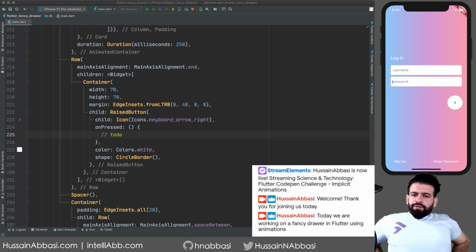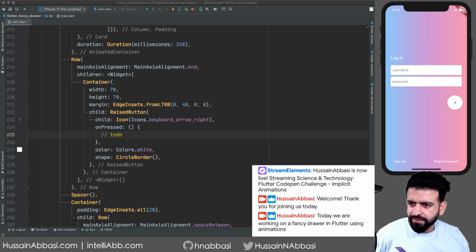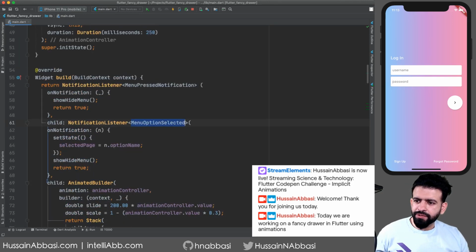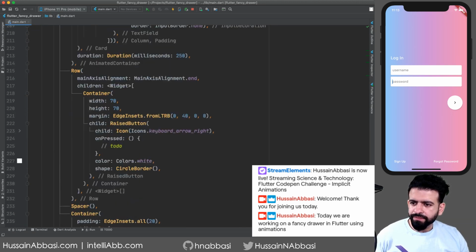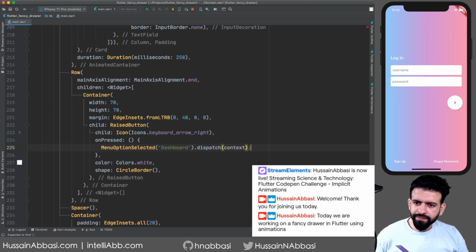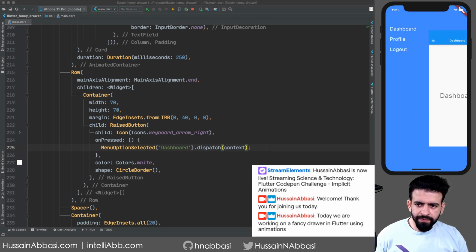So at that point, all I want to do is go up to my menu option, set the selected to that. Okay, so we'll come down here, we'll say menu option selected, dashboard, dispatch, this context. So I think this should do it. Let's check it. Okay, so this does it, but